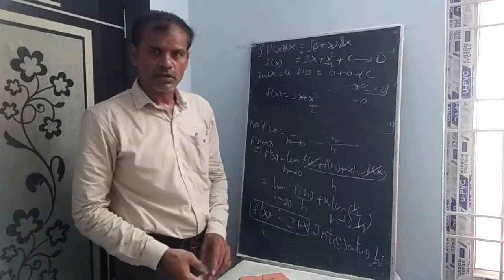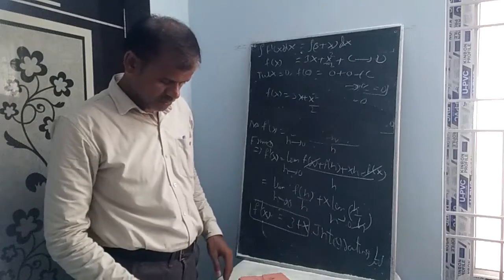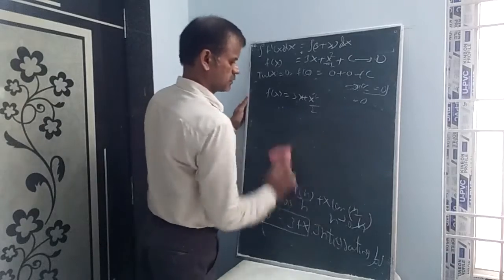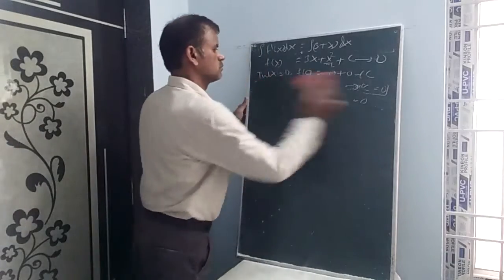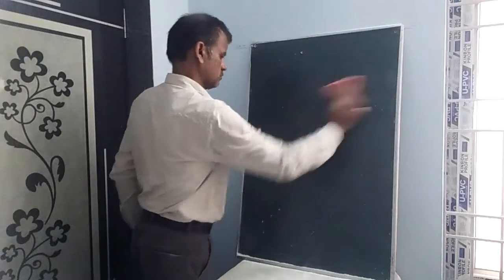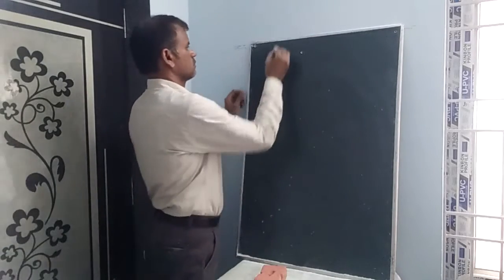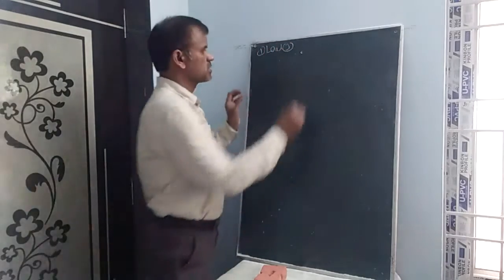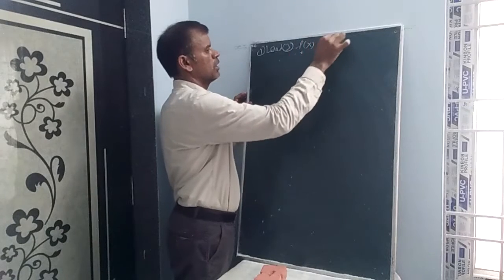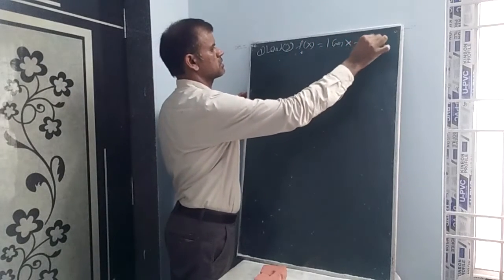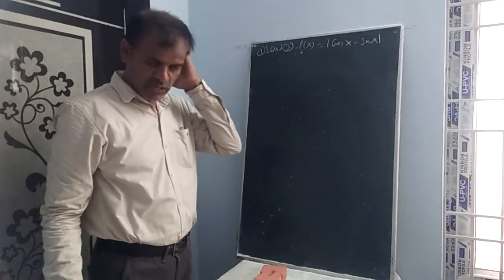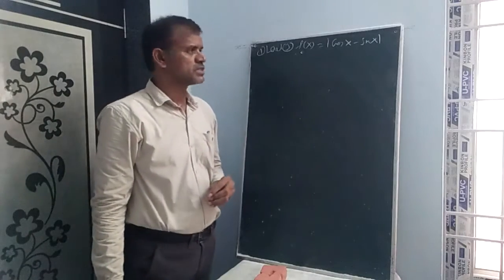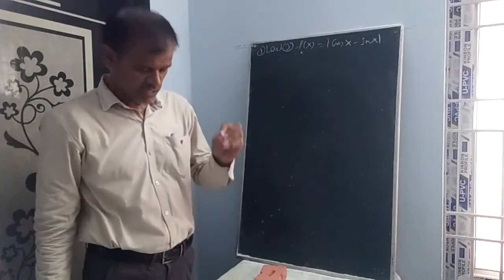Now, today's last question. Let us discuss the first question. Level 1 is completed. Let us discuss the first question in level 3. F of x is equal to modulus of cos x minus sin x. In JEE Mains and in any competitive exams they used to give such types of modulus questions. So whenever modulus is there, maximum 90% of modulus sums, the limit does not exist.